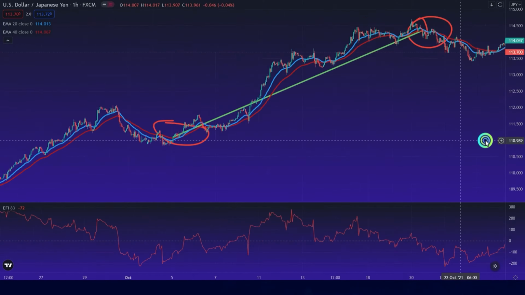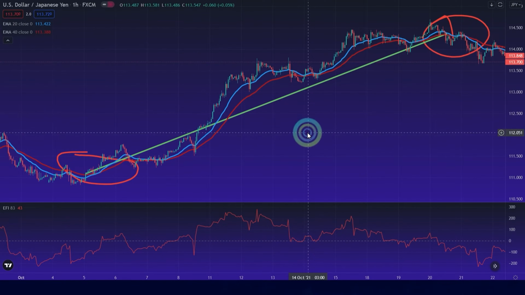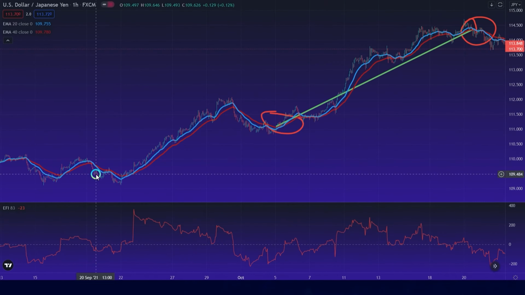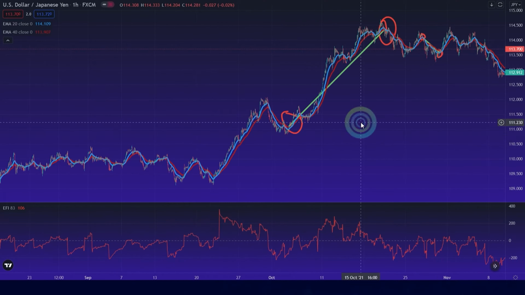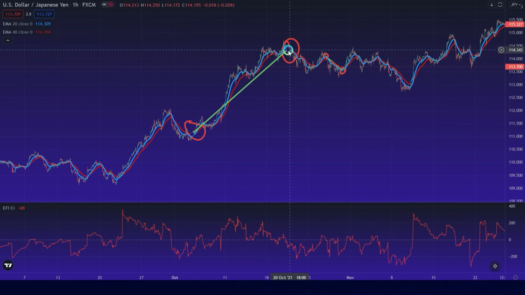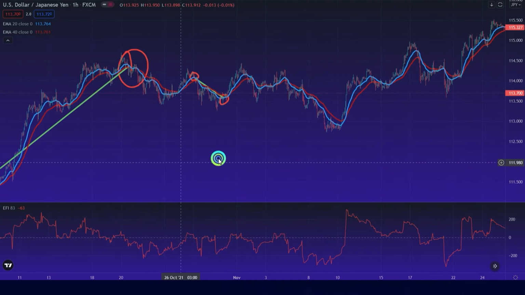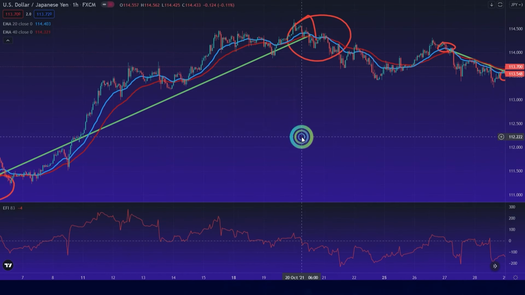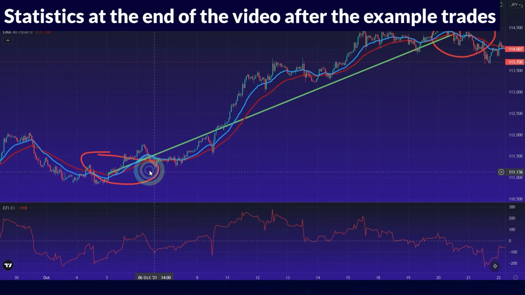So for example, here it made more than 300 pips. That is, in my opinion, very good, because our safety stop loss is only 66 pips. So the overall strategy has a great risk to reward ratio, and I will show it to you at the